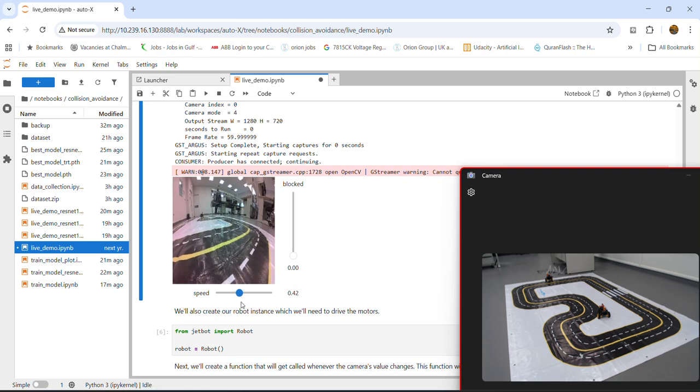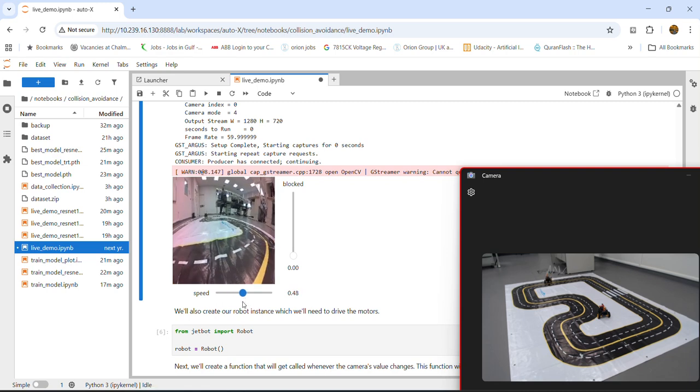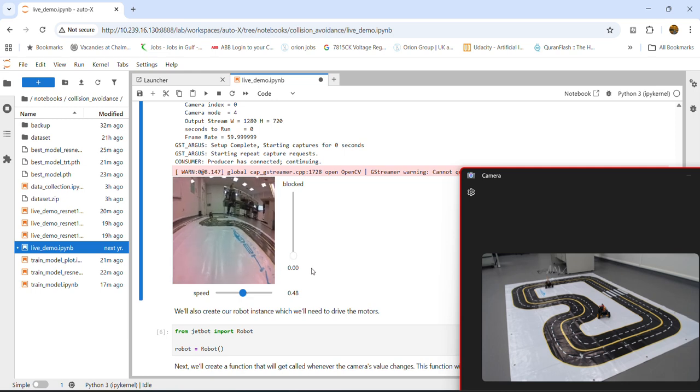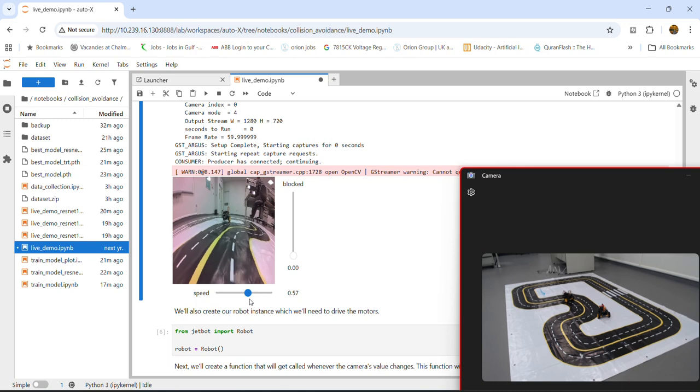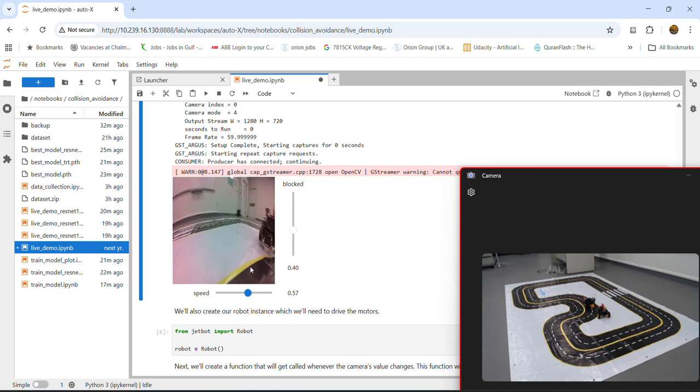We can start to increase the speed. You see our robot start to move. There is no block. Let's start to increase the speed. Yeah. Now it feels a block, so it's avoiding this one. You can see here also